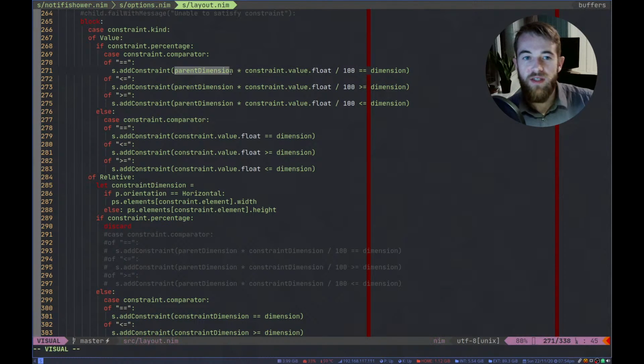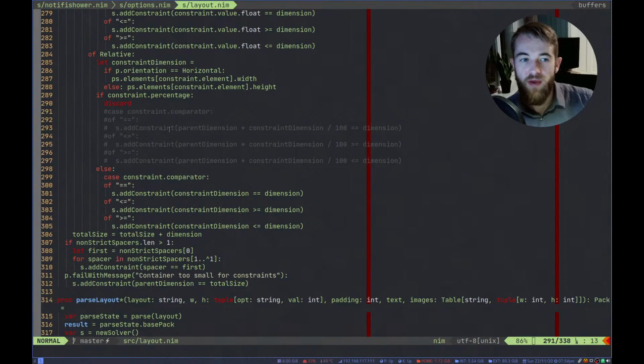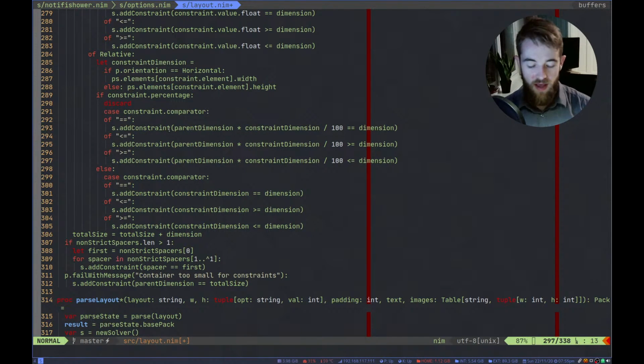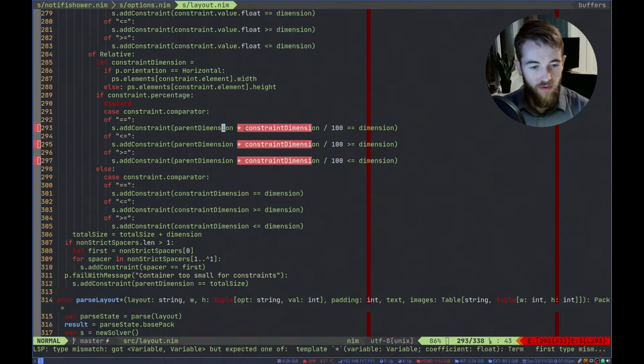So this times that must be equal to the dimension. We can't multiply a variable by a variable. It expects a coefficient float.